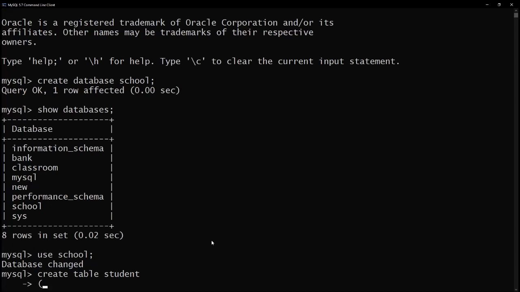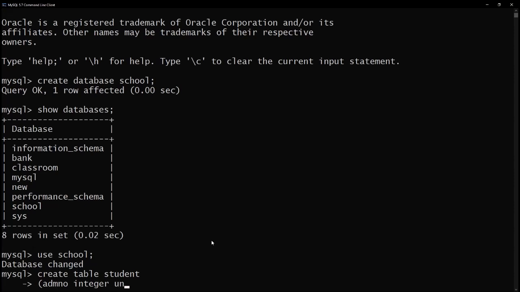Now the first column is admission number. Before you start designing, you have to decide what type of data it should hold. Admission number is generally only a number, which means that it is an integer. So let us name the column as ADMNO followed by the data type, and here the data type is integer. Integer means it has only numbers. In a school, no 2 students will have the same admission number. So I want this particular admission number to be unique.